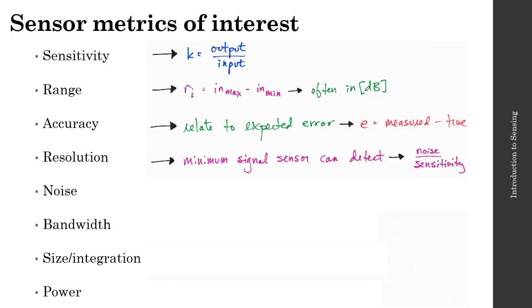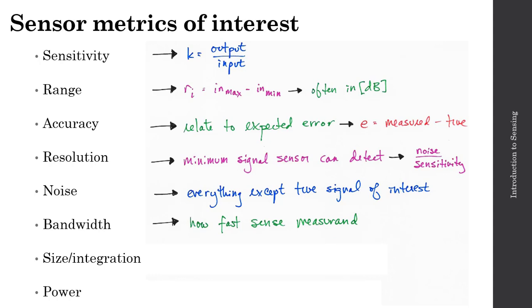For the resolution, we're looking at the minimum signal that our sensor can detect. And the resolution is typically defined as the noise level in my sensor divided by the sensitivity of my sensor. Noise in this case, that's going to be everything showing up in my signal except for the true signal that I'm interested in. The bandwidth of my sensor, that's going to describe how fast I can sense a particular measurand